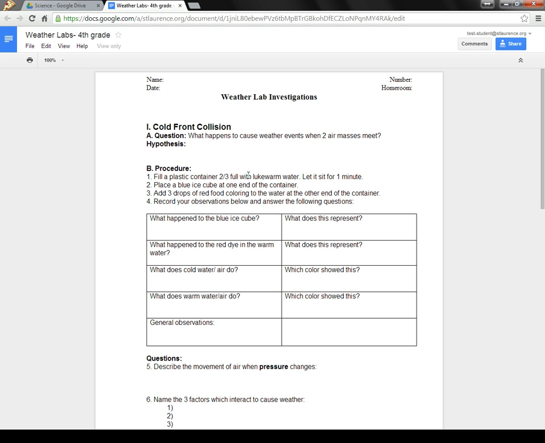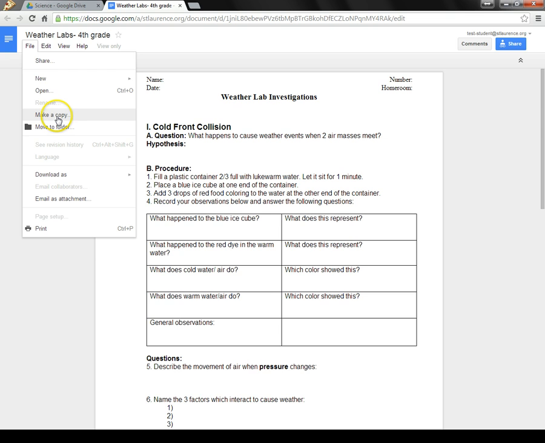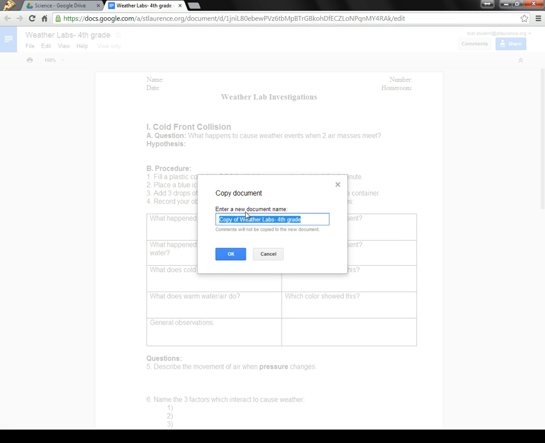So what I'm going to do is copy this document into my Google Drive folder. In fact, I'm going to copy it into the folder that I created for my science class, so that once I fill out this information and edit this document, my teacher would then have access to it. To do that, I'm going to click on the File menu and make a copy. And it says copy of Weather Labs 4th grade. For now, I'm just going to leave it like that,